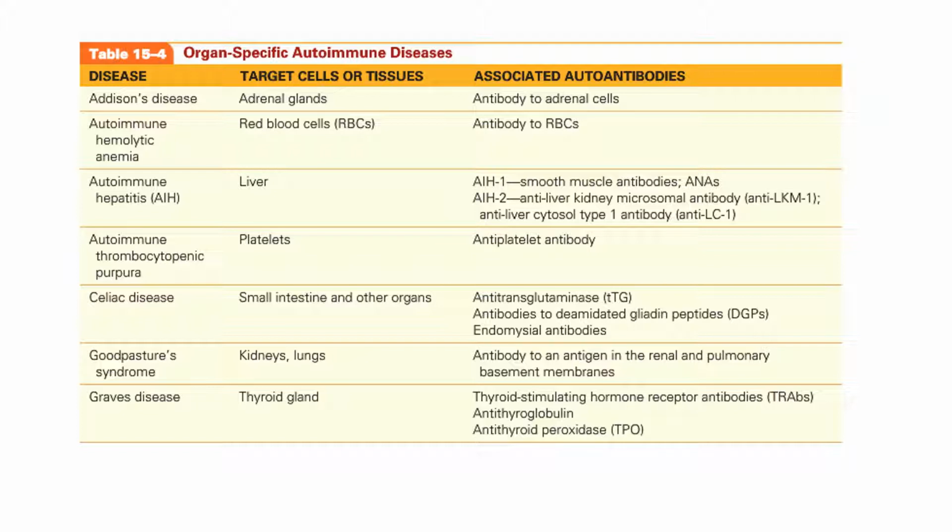These organ specific autoantibody diseases, I will require you to know all of the antibodies for, because the specificity of the antibody is really the pathology that causes the problem we're talking about, versus systemic lupus, where there's 10 antibodies, but we'll focus primarily on double-stranded for that one. But it's a systemic disease with multiple antibodies. This is a specific organ disease, and you want to know the type of antibody involved.